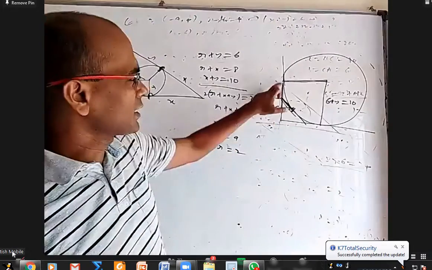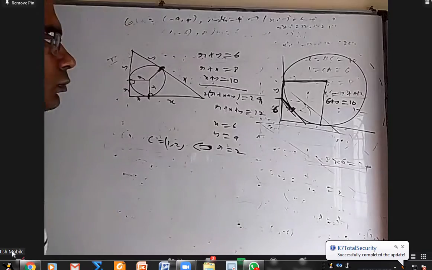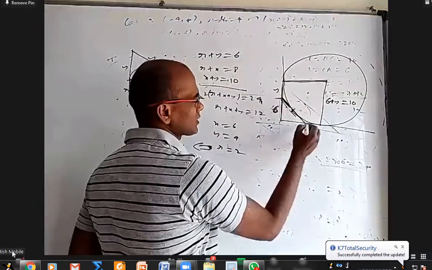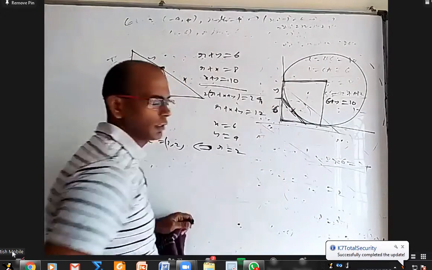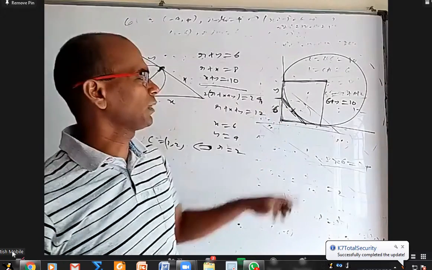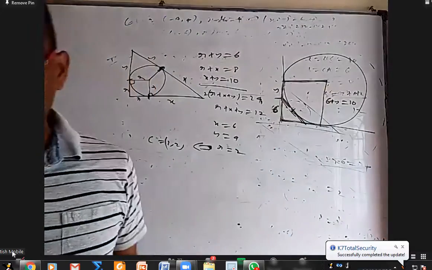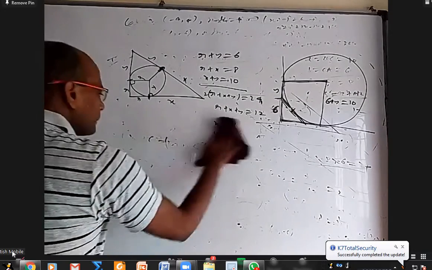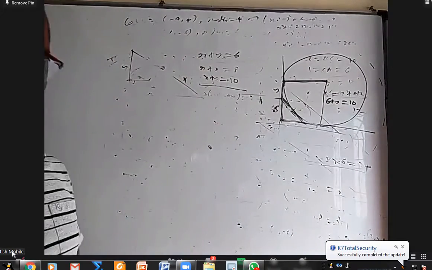There's a way to prove that this length plus this length has to be the perimeter of the triangle. Why? Because this is same as this length, this is same as this length. This plus this is perimeter. So this plus this should be perimeter. And if this plus this is perimeter, 24, this should be 12, this should be 12, so radius should be 12. So like that it can be done. But anyway, I don't want to spend too much time. You don't have to write this also, just giving some idea. Okay, right, next question, everybody.